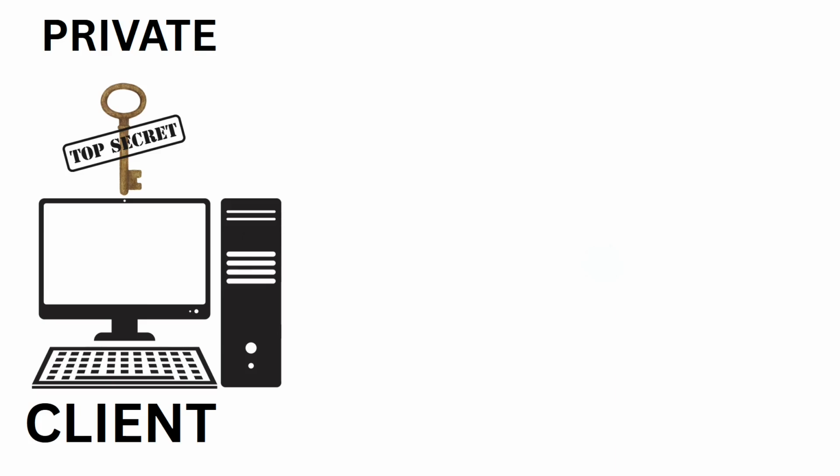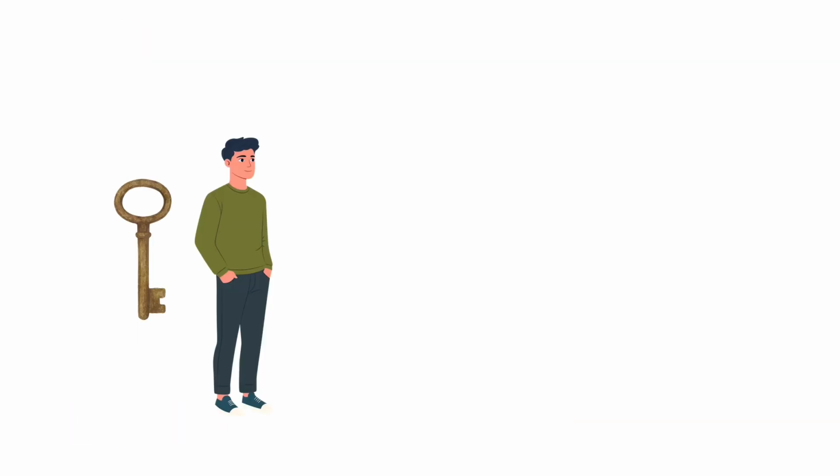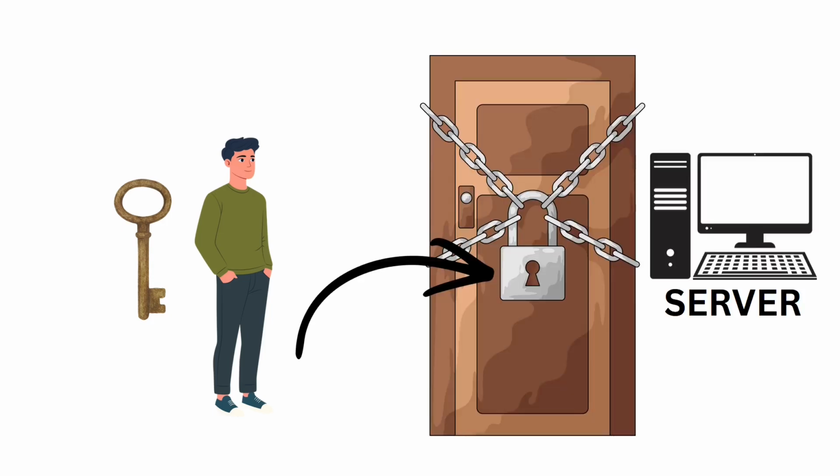The private key must be stored in the SSH client, and the public key must be stored on the SSH server. It's easier to remember which one goes where if you think of it like this. The private key goes in your pocket because it belongs to you and you never share it with anyone. But the public key is like a lock on the door to the server. Anyone in public can see the lock, but only you have the private key to unlock the door and access